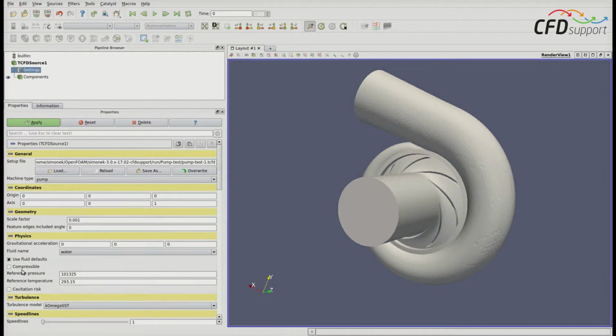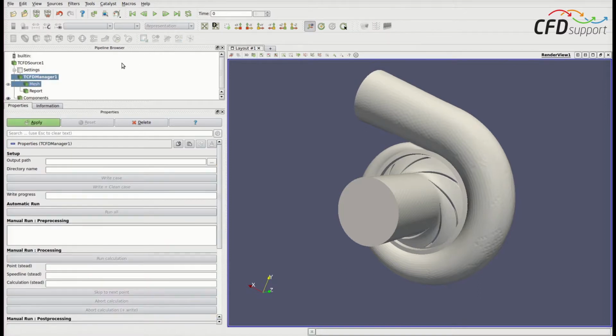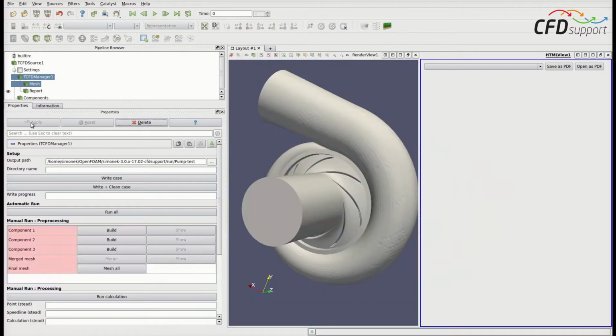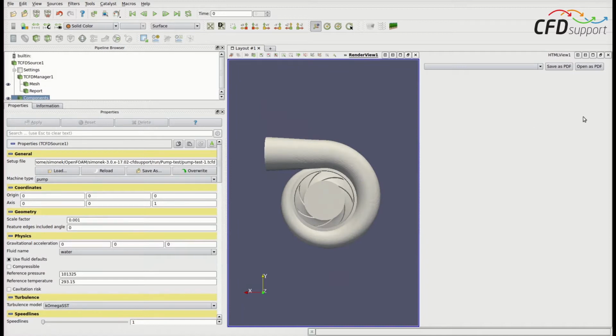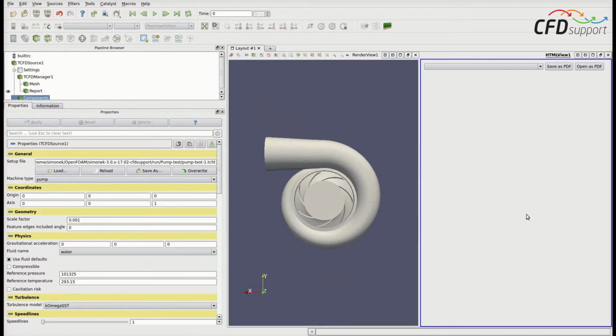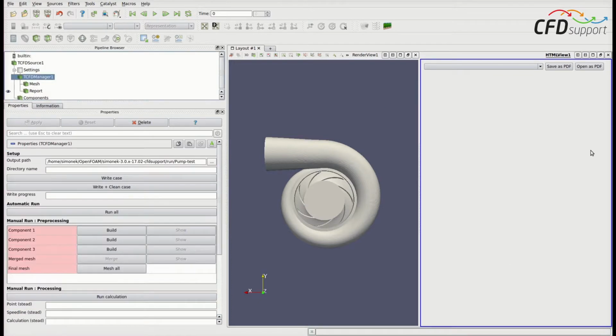So let's go up and let's save the setup by clicking on Overwrite, and let's continue with the running of the CFD simulation. To run the simulation, we have to activate the TCFD manager that will be loaded after pressing this icon. Now click Apply to activate the TCFD manager, and there's the window with the geometry, and here is the window where will be the simulation report